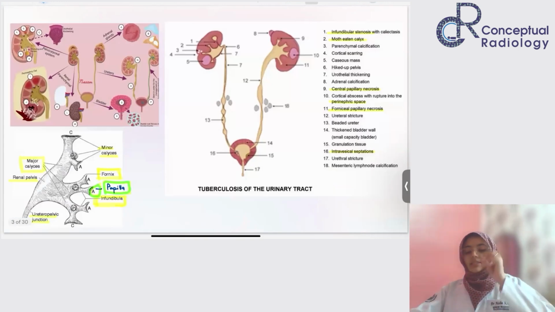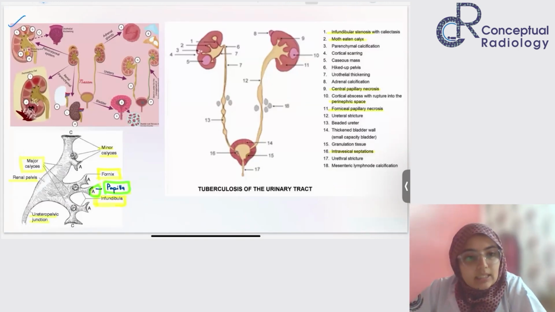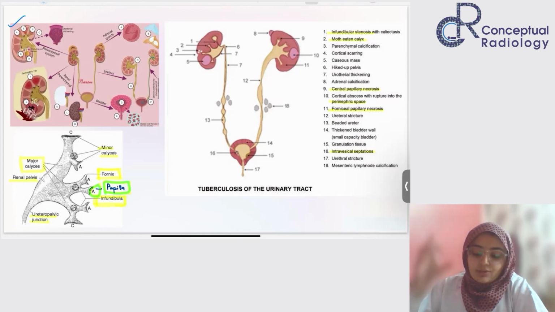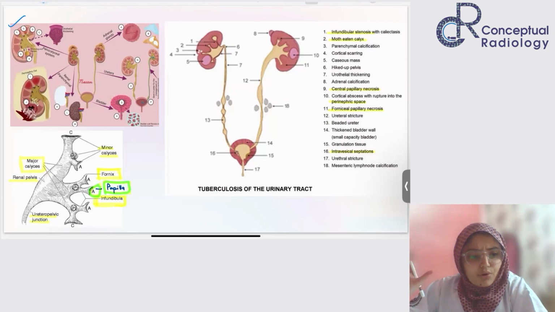Right. Now this is taken from different articles of radiology. This one is from your RSNA article. So it is just illustrating that when you talk about the genitourinary system,